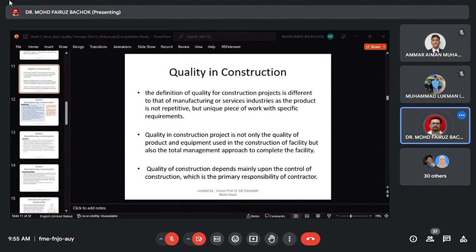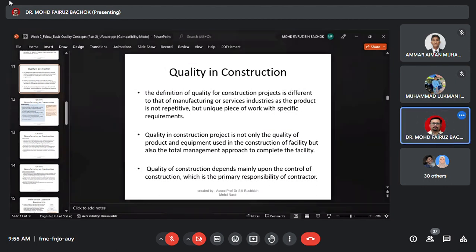Okay, class. Okay, let's continue our lecture. So we have just now closed up about quality in general. Now we are going to learn something also about quality, but something that suits our interest, which is quality in construction. So I will be a civil engineer. Okay, so last time we learned about quality in general. Now we are focusing on quality in construction. Okay, start with the definition of quality in construction.